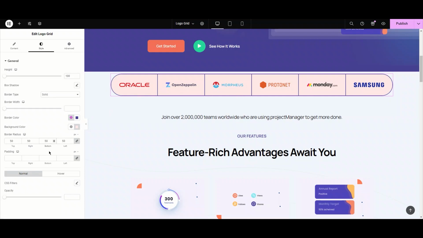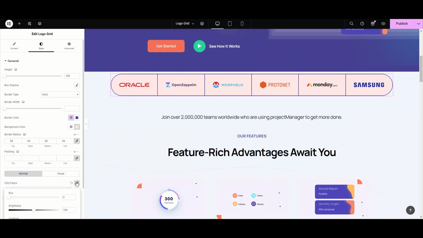Here we have this padding. Basically, padding is used to create space around the content inside the defined borders. This applies to widgets, columns, and sections. Let's try some values. You can see that padding grows the widget size and shrinks the content inside. Now remove the values.